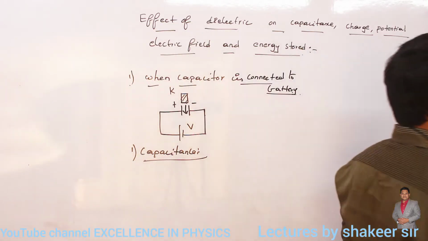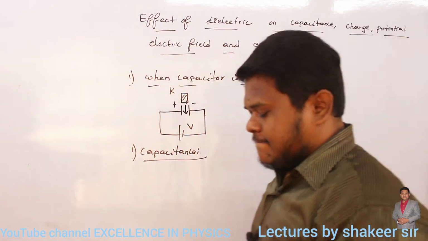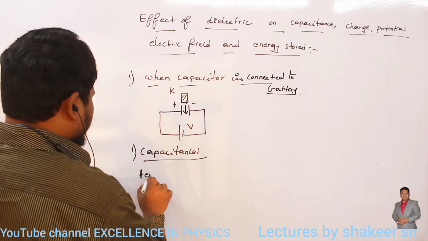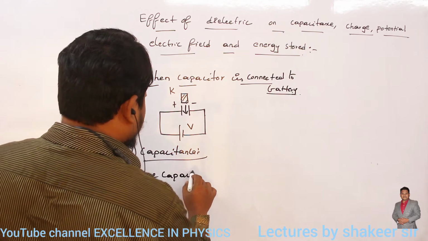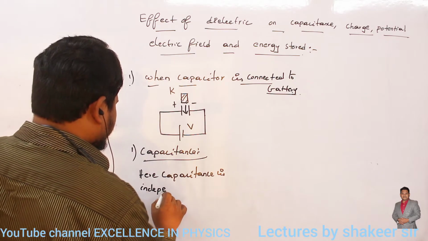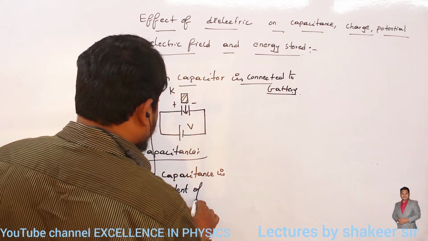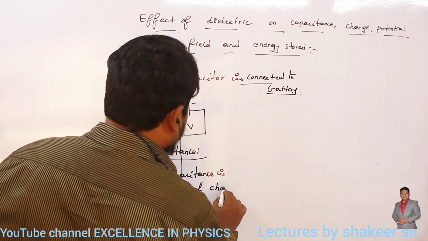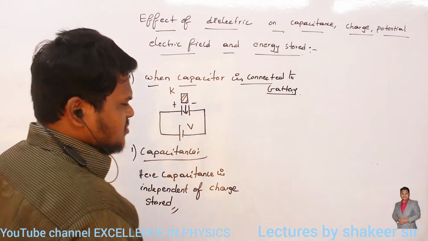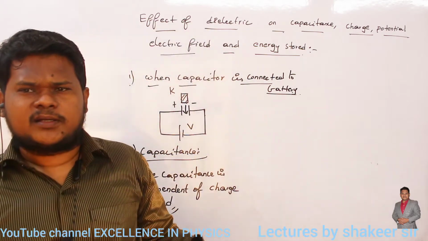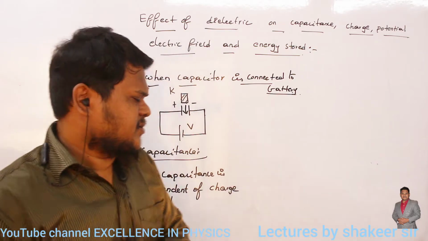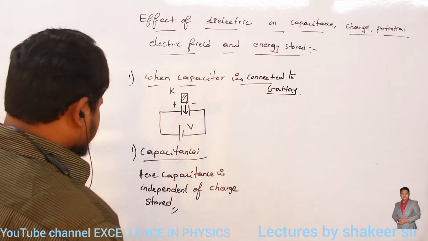See, capacitance is independent of charge stored. Capacitance is the ability of the conductor to store charge. It doesn't depend on the conditions in which the capacitor is present. So in the previous condition we have studied,